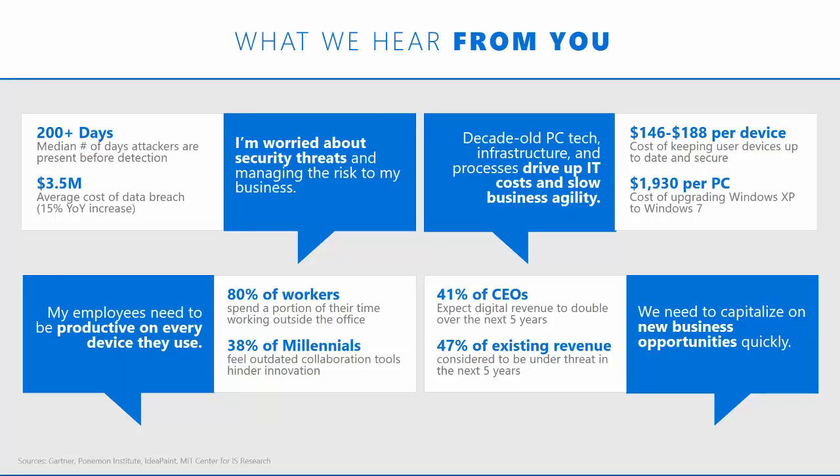Really, we're worried about security. We're worried about how we manage our PC technology, our infrastructure. Customers are focused on what we're going to talk about today, that productivity, right? How do we get great use of the devices we use every day? And then really looking at how do we do all of this to take on new business opportunities. And today we are going to focus primarily on the lower left-hand side of this screen, where we look at